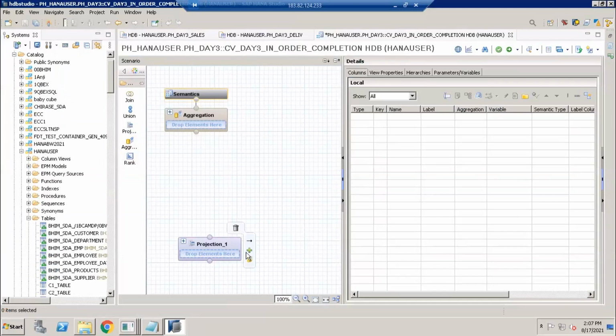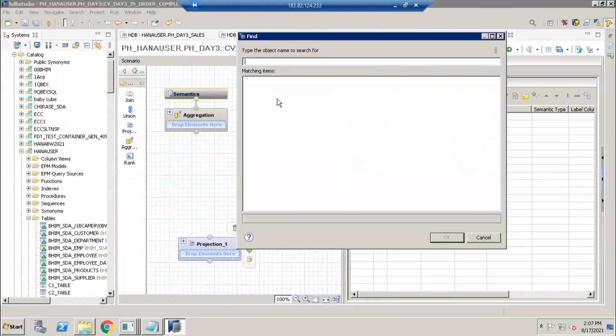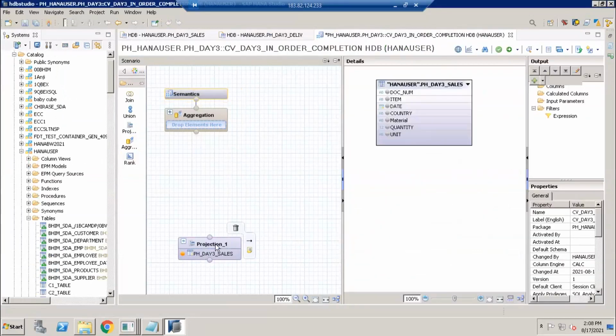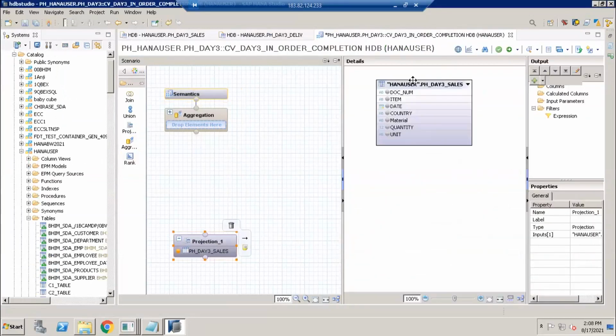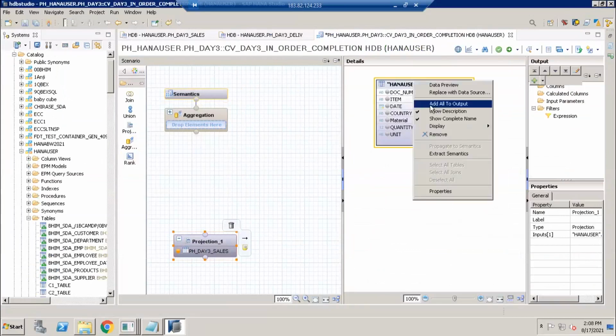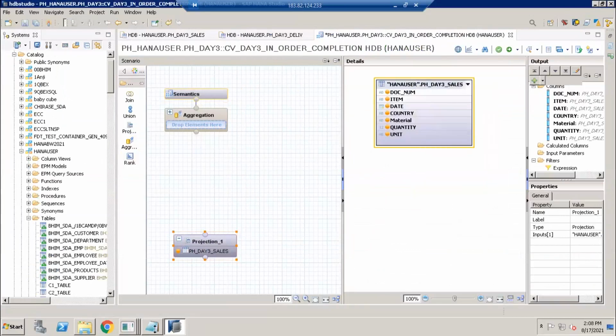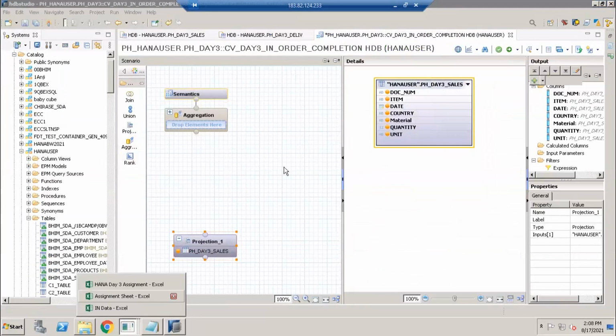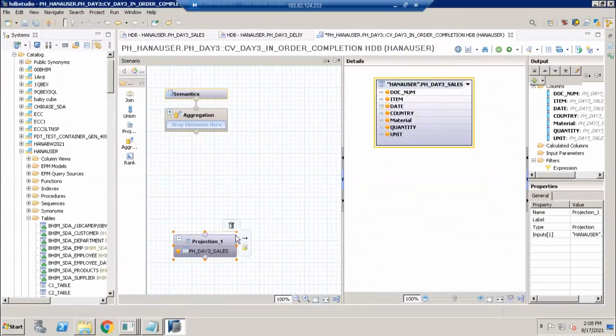Either I can select here by going to the search option, ph_day3_sales. Okay, select it, click on OK. So my table came here. Now from this table, I want all fields to be shown, so I add all to output. But in the assignment sheet, I mentioned clearly that I want to apply a filter on the country IN.